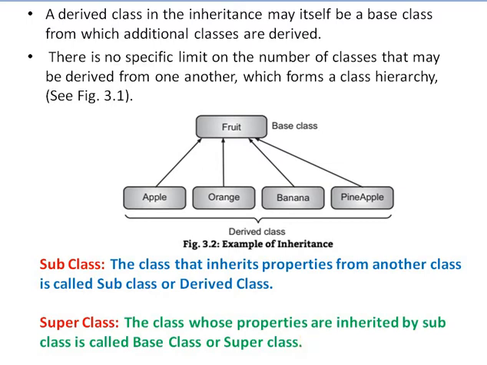This is the basic introduction to inheritance. In short, inheritance is one of the important concepts in object-oriented programming. Inheritance allows us to define a class in terms of another class, which makes it easier to create and maintain an application. This also provides an opportunity to reuse code functionality and allows fast implementation time.